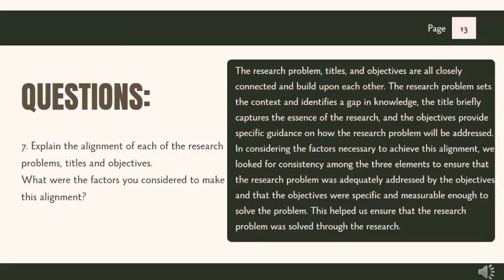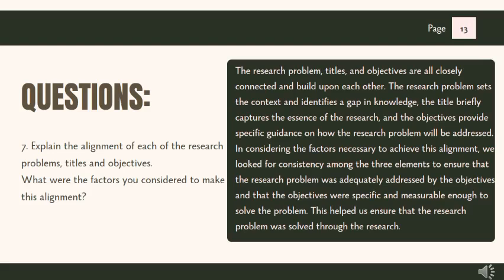Question number 7. Explain the alignment of each of the research problems, titles, and objectives. What were the factors you considered to make this alignment? The research problems, titles, and objectives are all closely connected and build upon each other. The research problem sets the context and identifies a gap in knowledge. The title briefly captures the essence of the research, and the objectives provide specific guidance on how the research problem